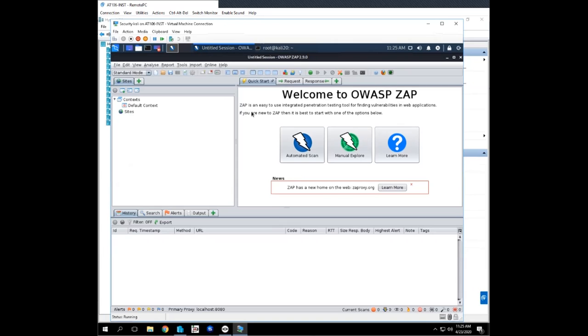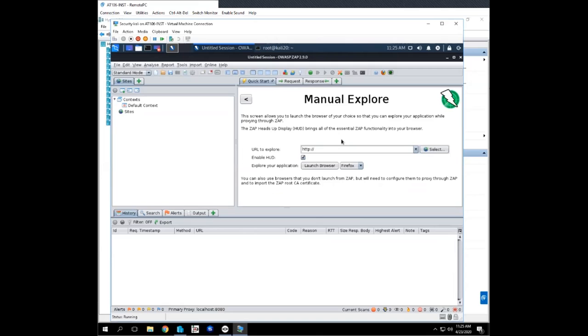Okay, so we come up to this screen and there's a lot of stuff you can do with this proxy. We're going to do something pretty simple. We're going to do a manual explore. This could actually go ahead and attack a site within the program, but we're going to do a manual live explore through a browser. So when I click manual explore,